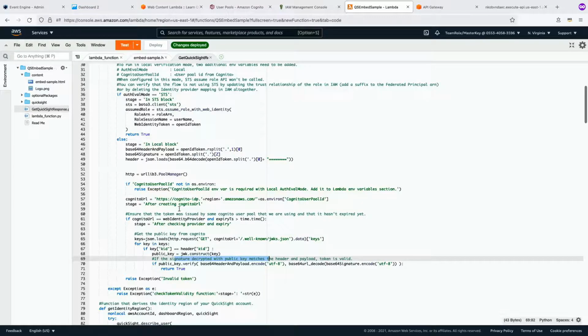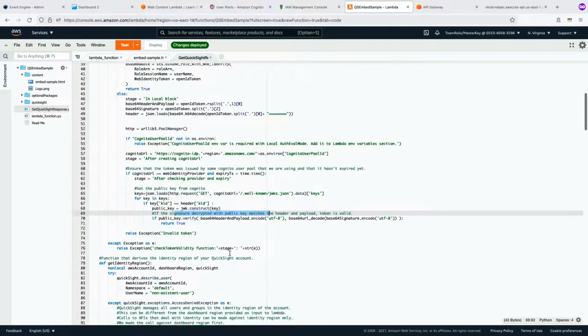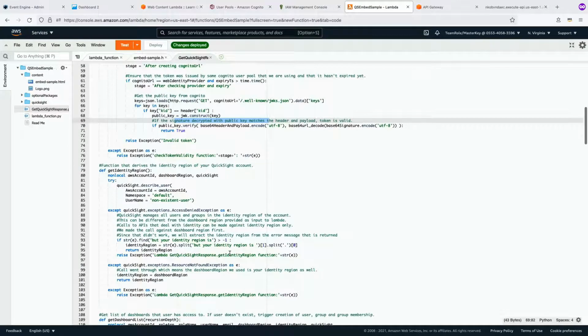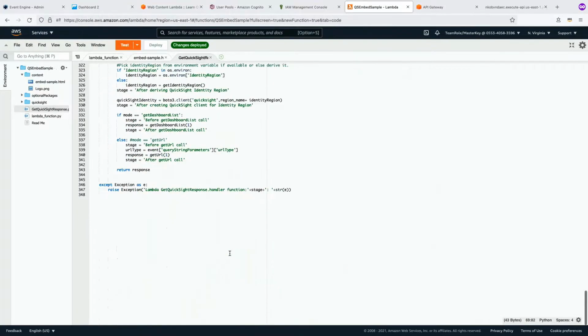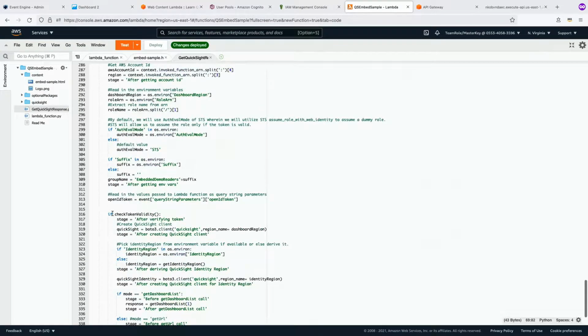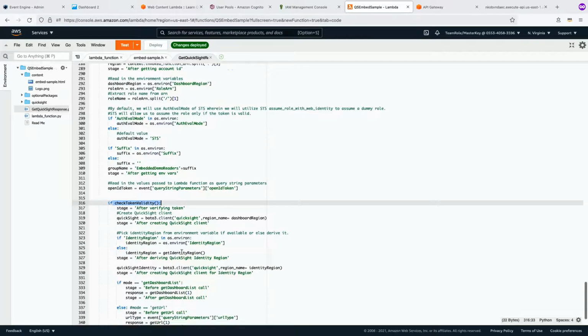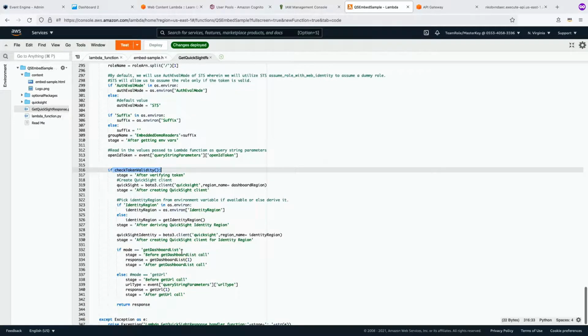So either of these flows, the end result is we will get either a true out of it or an exception. And then in the bottom section here, if this comes back with a true, the token is valid, user identity is good, we can keep going forward. And therein, next, we identify the identity region, the region where the user is managed, and then we go on to